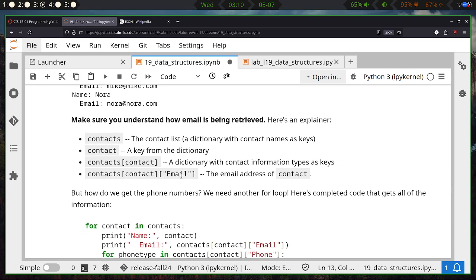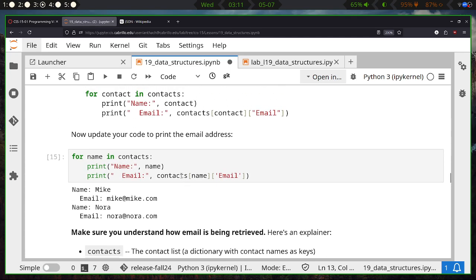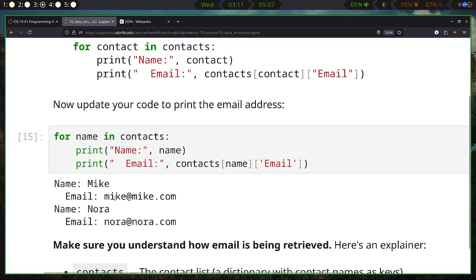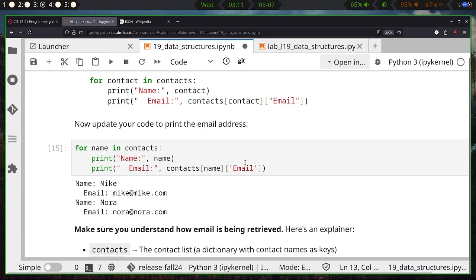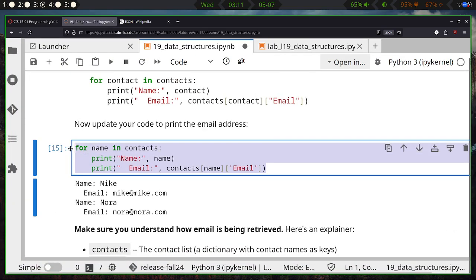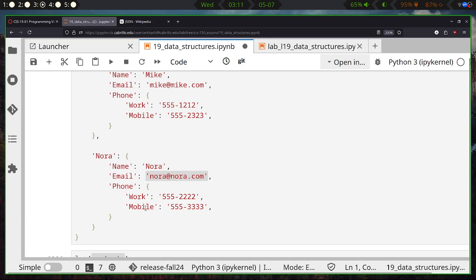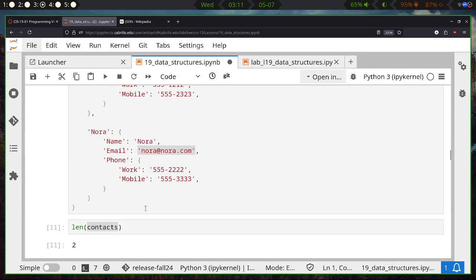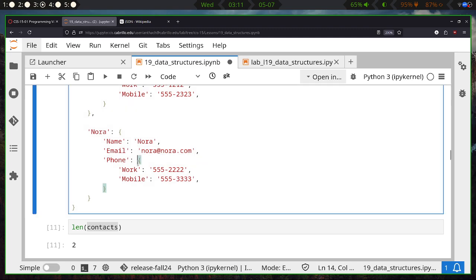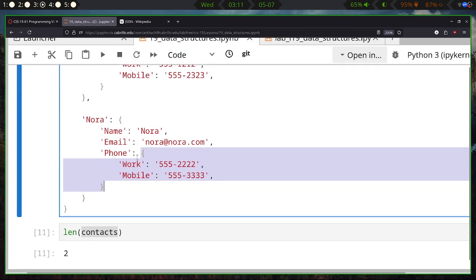Okay, here's the kind of tricky part, because each of these people have multiple numbers attached to them. So what if we were to expand this and print out those phone numbers as well, right? Like each of them, they have like an office phone number and a mobile phone number. We'd have to do another layer, right? We'd have to dive in one more time into the phone key